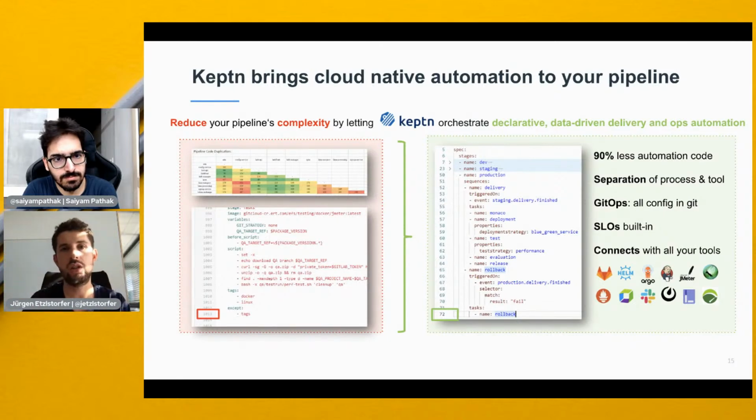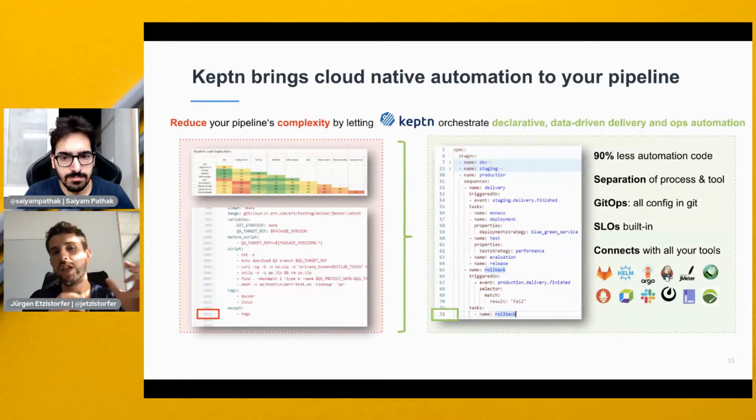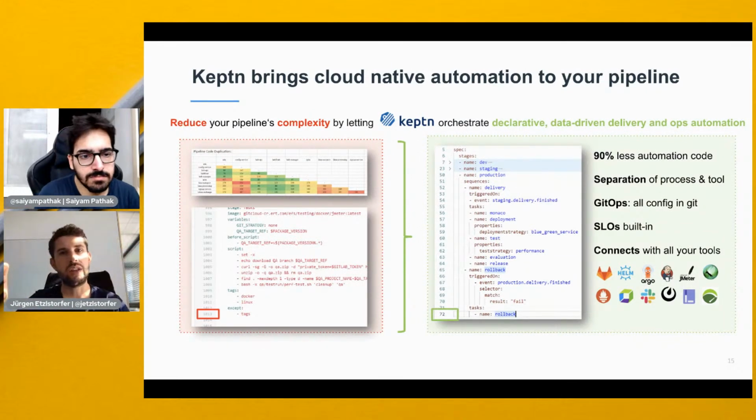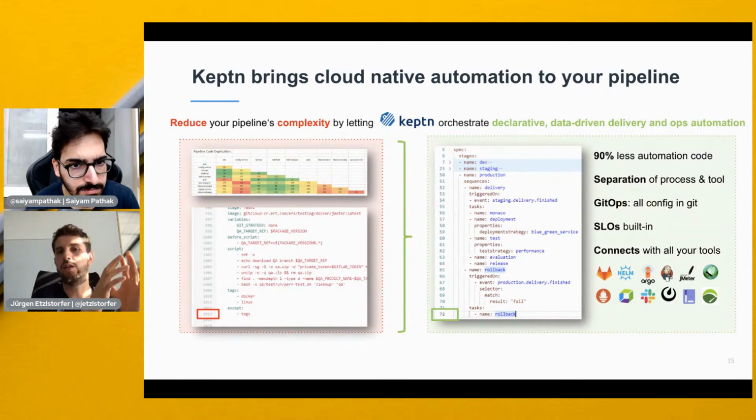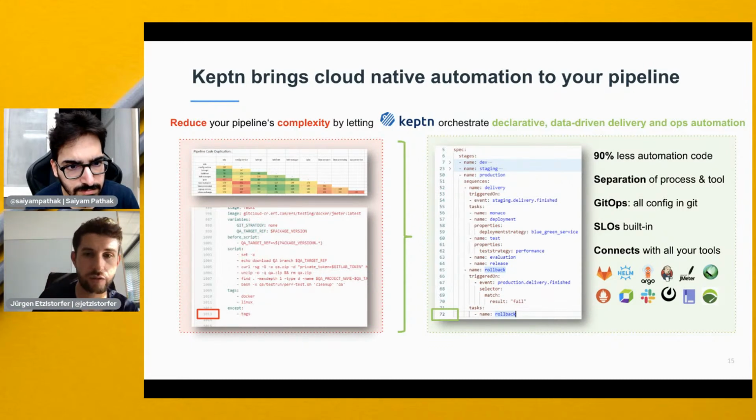We have a whole specification of all the cloud events that can be sent to Keptn and sent from Keptn. And this separation of concerns actually makes it possible to drastically reduce the pipeline code. Why is it possible? Because we take out the tool-specific code and put it to the tools, put it where it belongs, so to say. And we just focus on the process, let's say. So at ERT, they could drastically reduce their pipeline code by, let's say, 1,000 lines of code to around 100 lines of code,